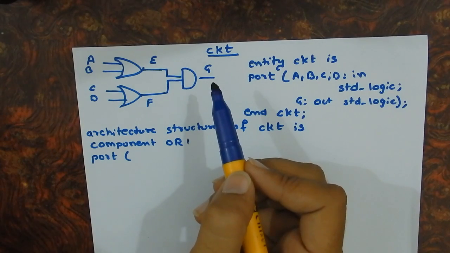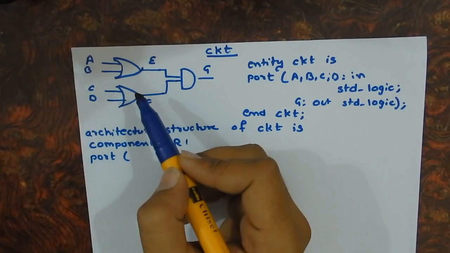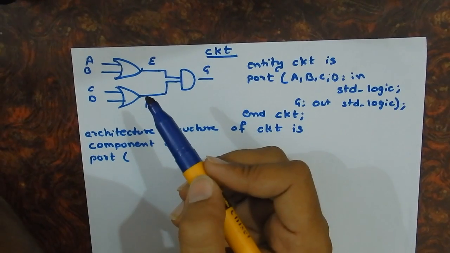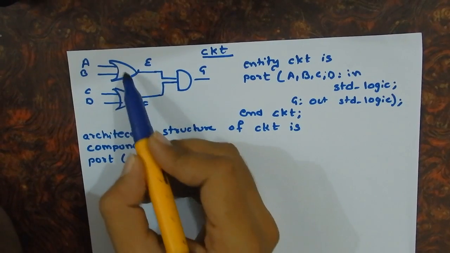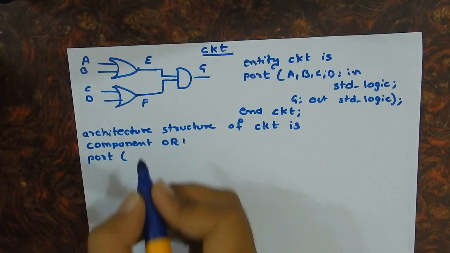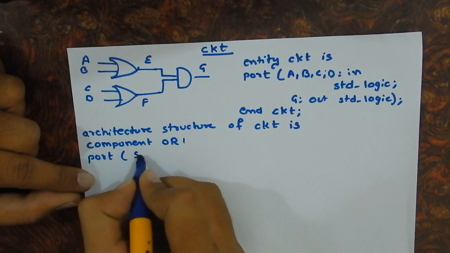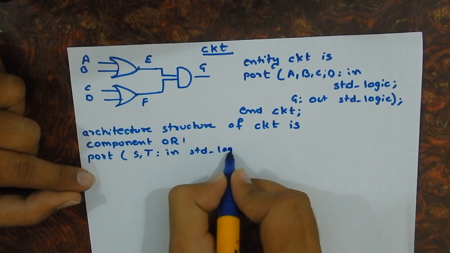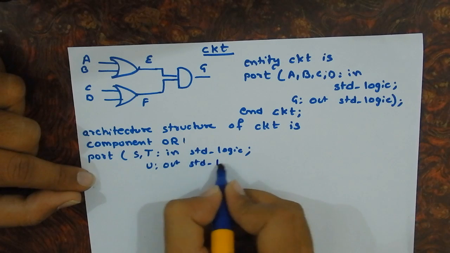Since you have to declare only the types of components, no need to declare this OR gate twice. It will work with the same declaration. And yes, if there was a 3 input OR gate, you will have to declare it one more time. Since there are only the same components here, OR gate with 2 inputs, you will declare this only one time. So let's take other letters, S and T for input and U for the output. So S and T will be input, with standard logic as their data type, and U as output with standard logic as data type,